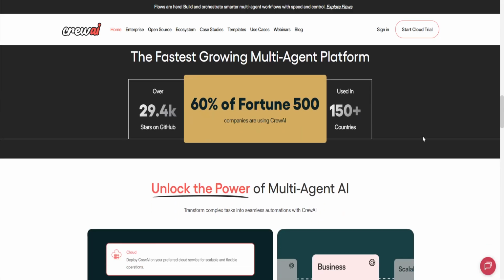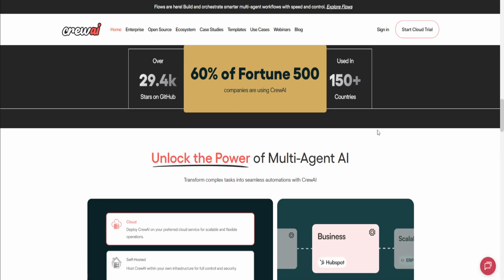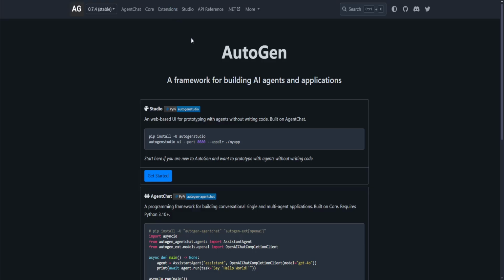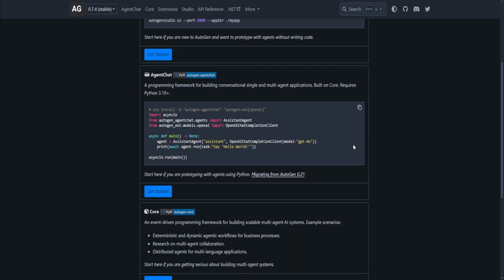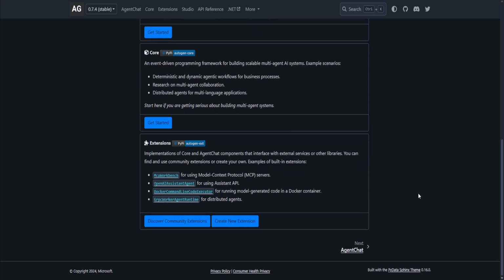The problem with it though, it's newer compared to LangChain and Autogen, and it may require external tools for advanced memory. Now Autogen, on the other hand, focuses on multi-agent conversation systems. It allows developers to set up structured interactions between large language models and humans, making it great for research and advanced AI experiments. So its pros is it's excellent for multi-agent conversations and research. It also supports human-in-the-loop workflows, and it's great for complex collaborative agent setups.